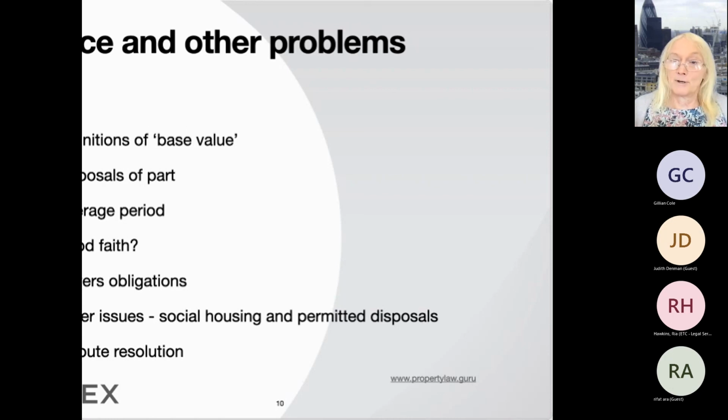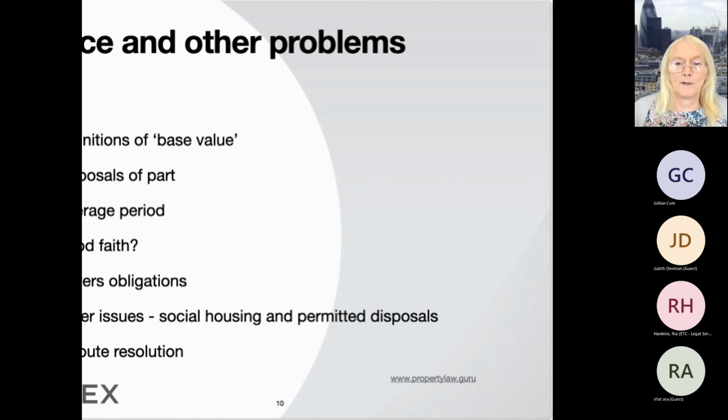Or similarly, permitted disposals. The buyer will want to make sure that there's no overage triggered on transfer of land pursuant to Section 106 agreements, transfer of land to the local highways authority, provision of substation leases, things of that nature, the grant of licenses or short tenancies, the grant of easements, or disposals of open space to the local authority.